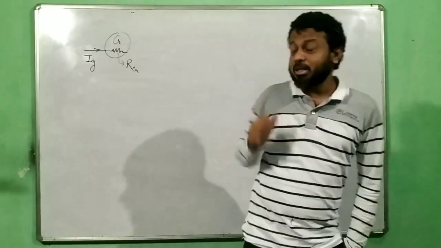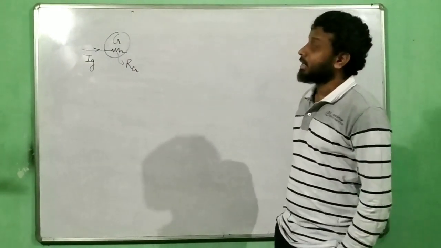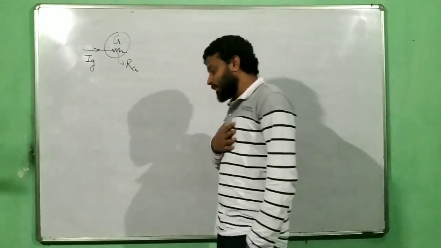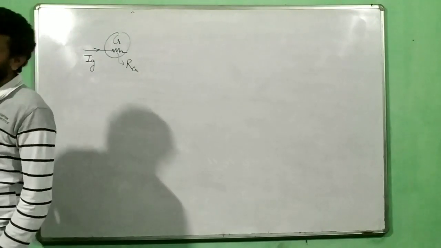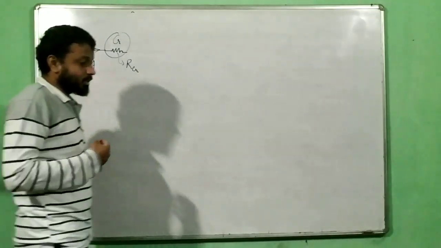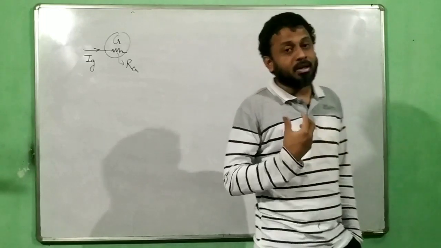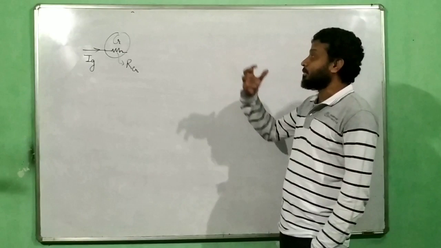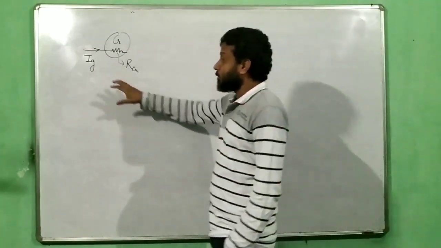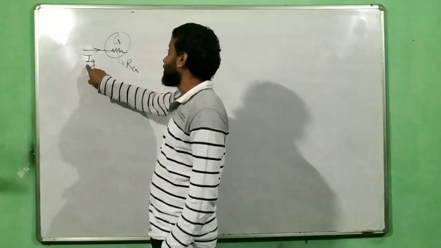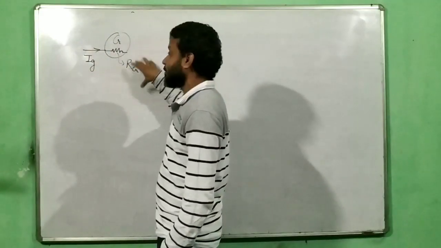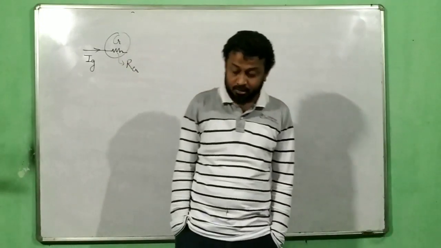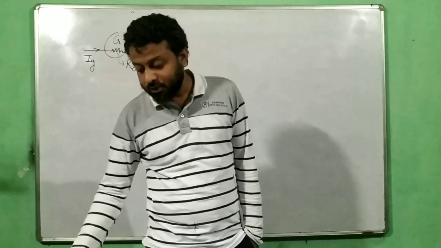Safe current of a galvanometer means a galvanometer cannot sustain any current beyond the safe current. That means it will get damaged, it will burn. So we have to always ensure that the galvanometer rating is obeyed. We are not supposed to send any current beyond the maximum current the galvanometer can tolerate. A galvanometer has an internal resistance because of the coiling, and it has Ig, the safe current till which the galvanometer is safe.